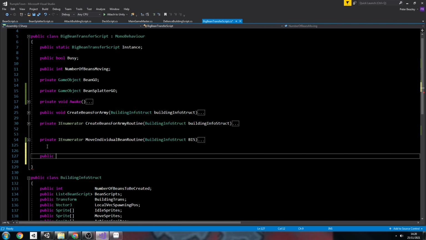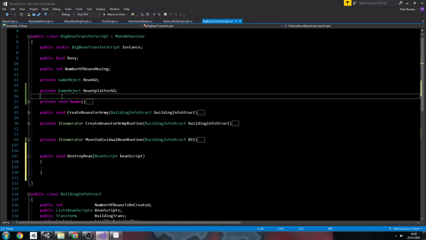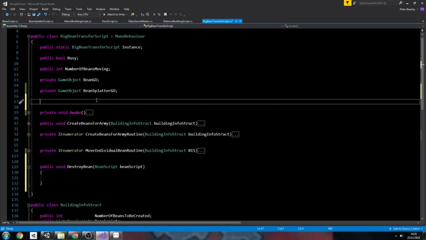So, public void destroy bean script. So now we are going to have... yeah. So now that I'm putting this together, and I'm still fine with this, it does make sense to just keep it separate. We need to have the sprites here, so